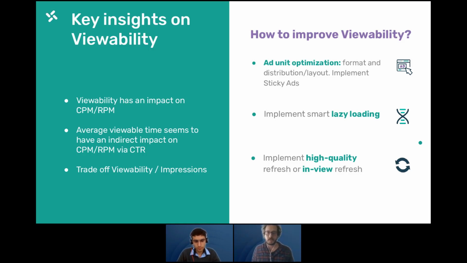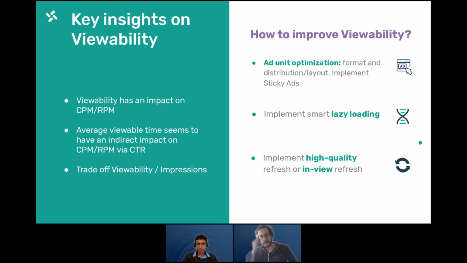Well, it matters because on the demand side, on the DSP side, they have different options to filter the inventory they are going to buy on viewability metrics. They can, for instance, decide to buy only on inventory whose viewability is higher than X%, or they can decide to only buy on the top 100 ad units in France in terms of viewability. So that's why